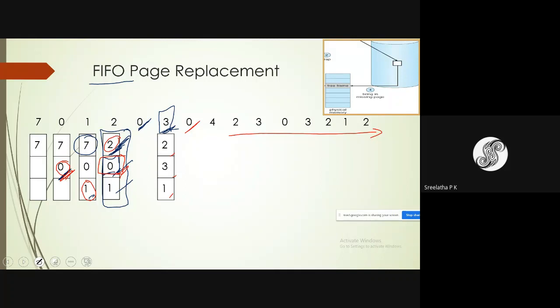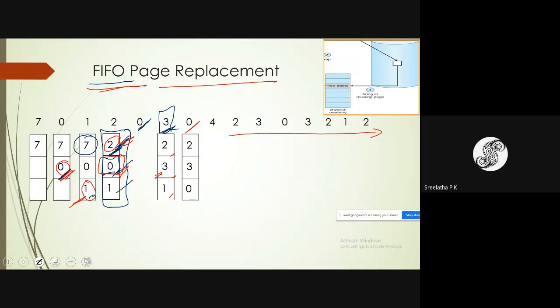So we have to select a victim frame which can be replaced. According to the page replacement algorithm FIFO, page 2, page 3 or page 1, which has come first? Page 2 had come here, page 3 has come here and page 1 is the page which had come first. Hence page 1 is replaced by page 0.